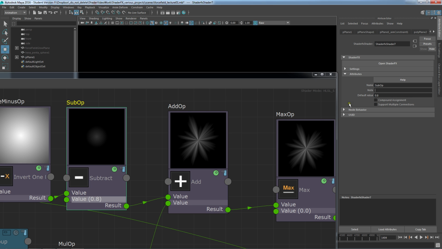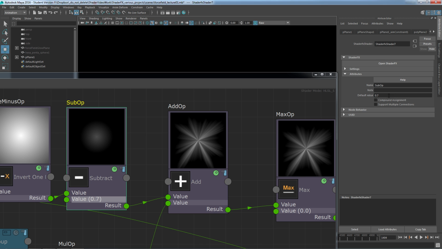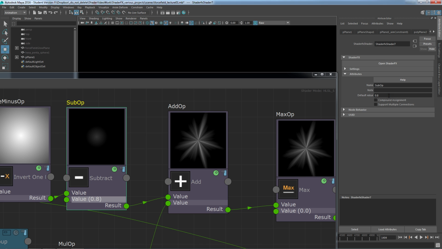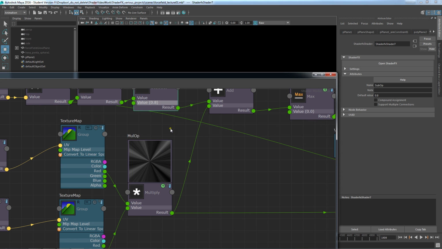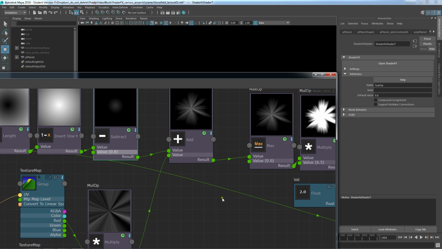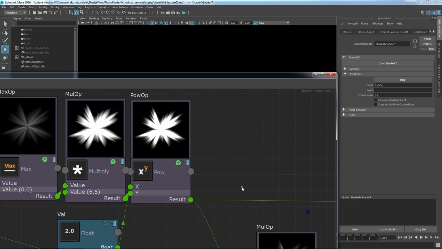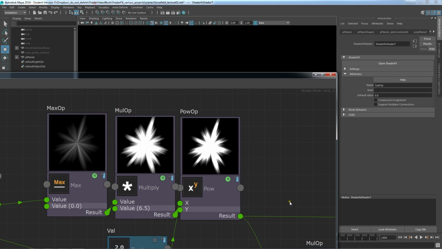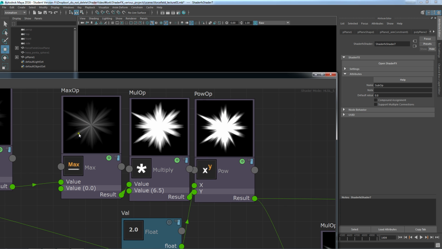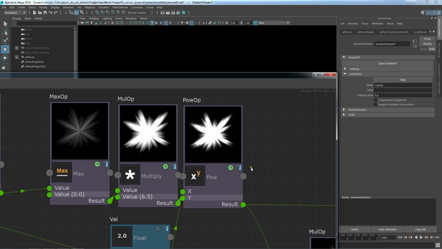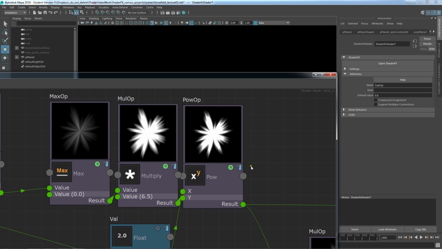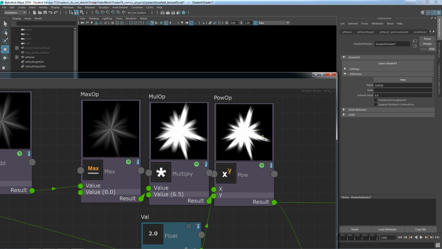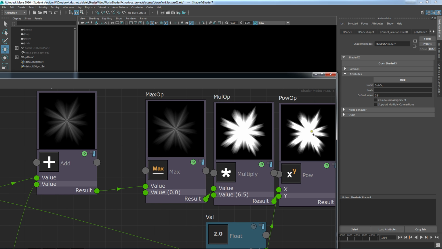Whoa, okay, yeah, I did push it back, but I did push it back way too much. So 0.7 perhaps, or no, maybe 0.8 was good. I could also add a multiply node in between here and reduce the effect of these. As you can see, you can get very differing results depending on how you work with all of these math nodes, which is really cool if you ask me. But I do get some cool kind of effect. It's not the effect I was aiming for, so let's leave this as a good memory for any kind of